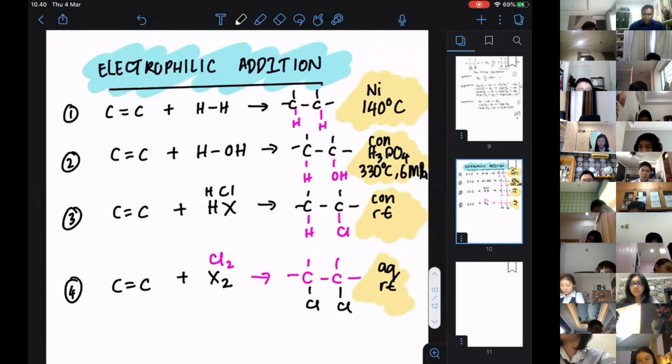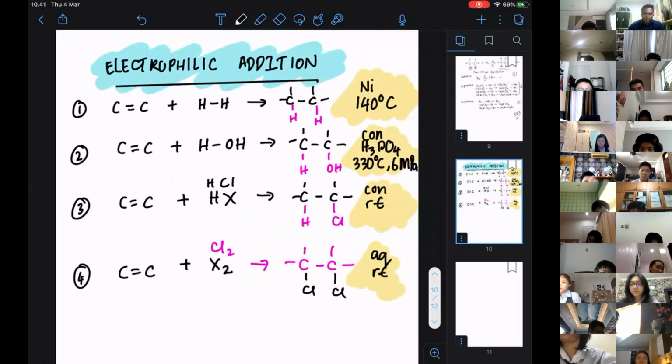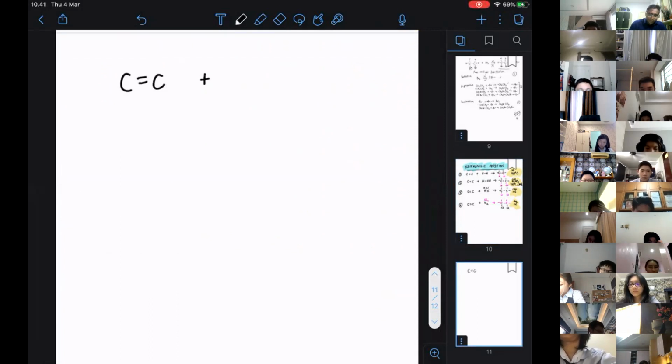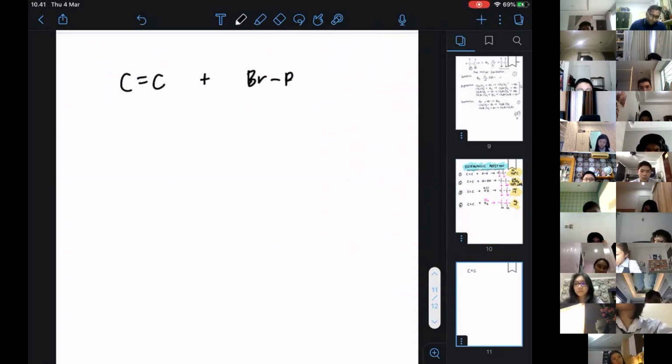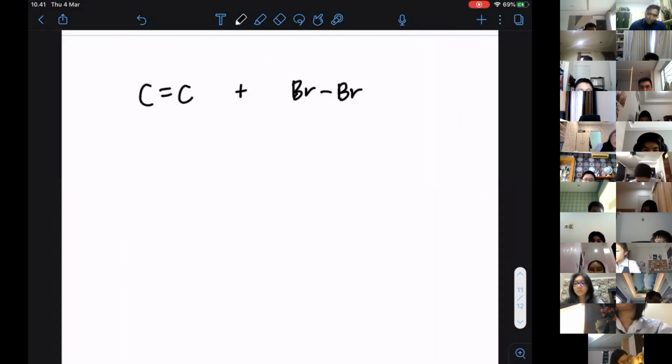So we have done all this, and what I want to teach you over here is the mechanism of the reaction. I'm going to teach you using two examples. I will use a carbon-carbon double bond, and I'm going to use Br2 as an example. Another example later, maybe I will react with HBr. Now, if I look at this, first,